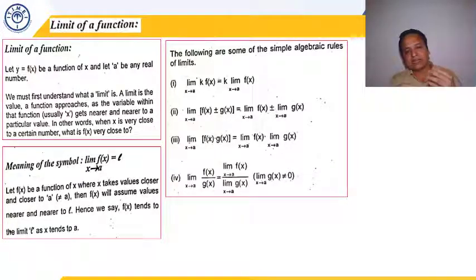And if it's given as f(x) upon g(x) and you want to find the limit as x tends to a, then individually find the values and keep the value of the limit of f(x) in the numerator and g(x) as x tends to a in the denominator, provided g(x) should not be equal to 0.